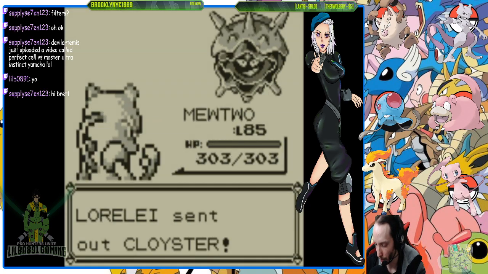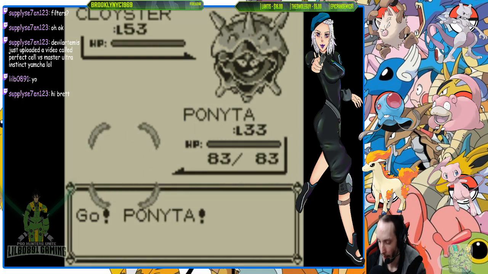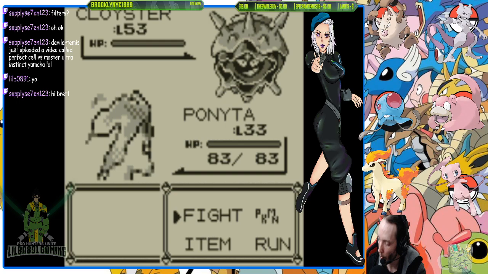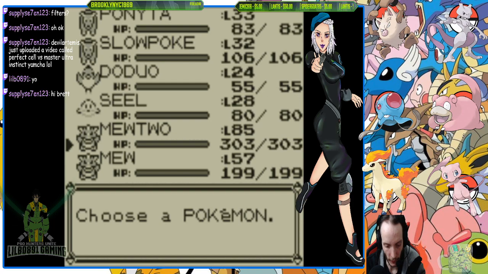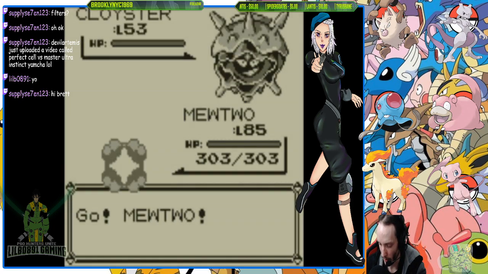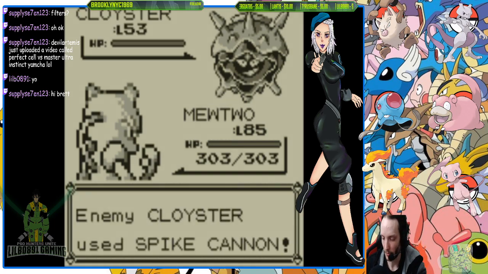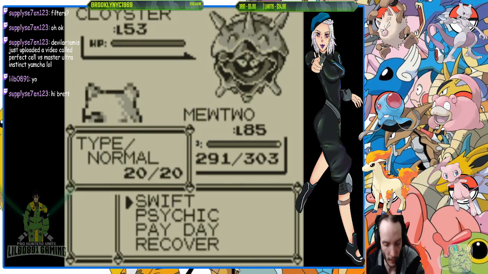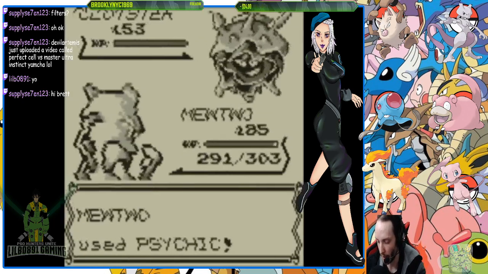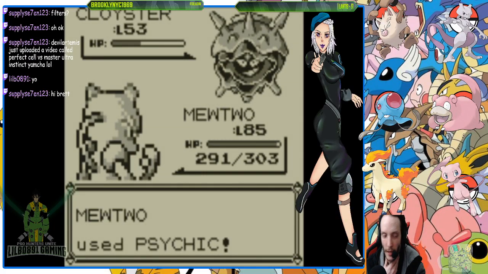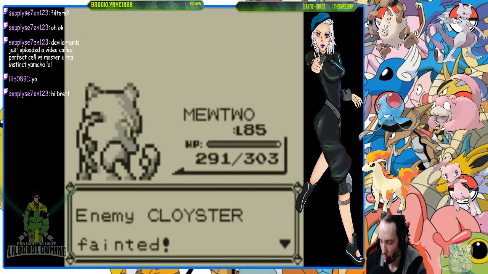Focus on Ponyta for a little bit. What are you doing with a level 38 Hypno anyway? Why is my Pokemon like 130? No wonder I'm losing. Granted, I am trying to train my Mew in my other game. Now that I evolved Venusaur, I'm trying to level up Mew. Yeah, I'm trying to evolve Mew. There we go. Get up there, Mew.